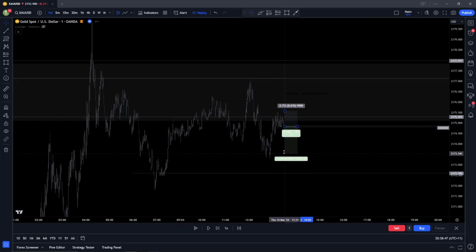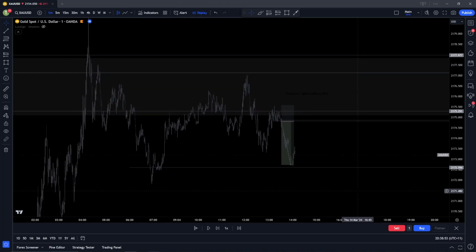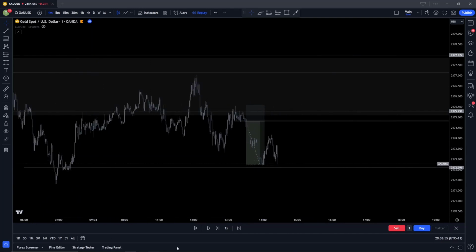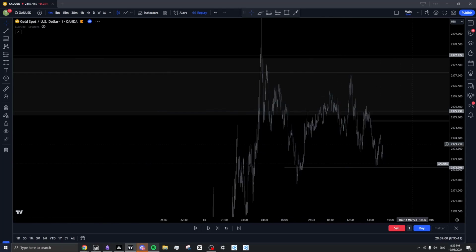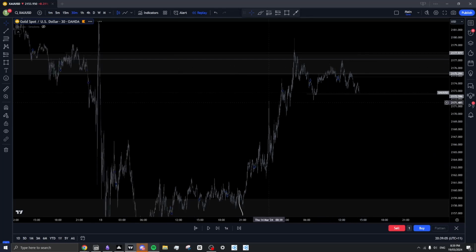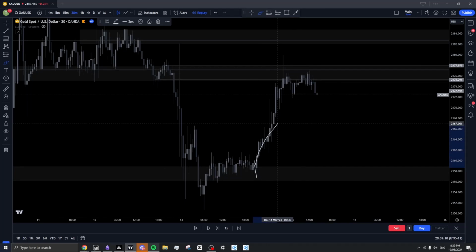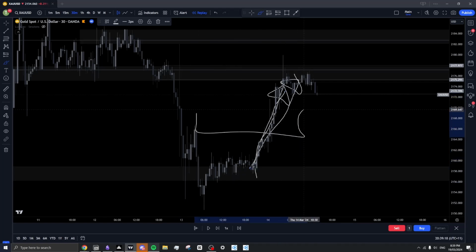So the more you target, the lower your win rate, the higher your risk to reward, and that's just probabilities. You're asking for price to move further in one direction. So we hit that target, the hourly. That's a pretty nice trade, and that was on Thursday. This is kind of more ranging. Another reason for me looking for sells here is because we had this push up. We didn't really have a pullback here. We just pushed straight up.